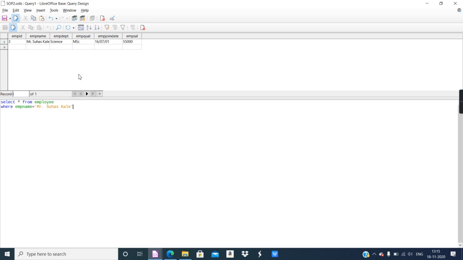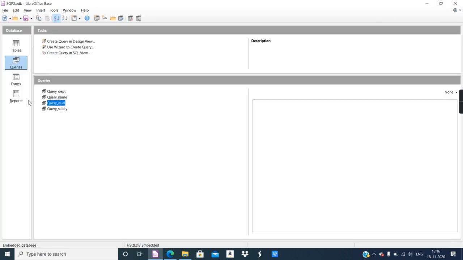You got the output and quickly save it. Name. I hope the query creation was simple with the help of criteria. Very easy. You use the SQL view and type the query.